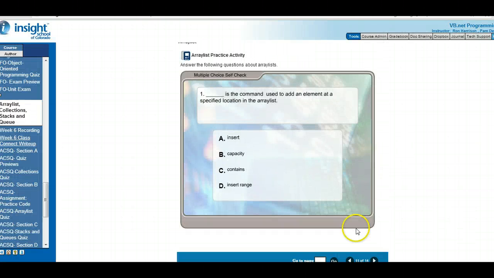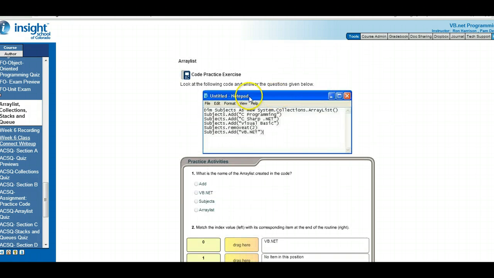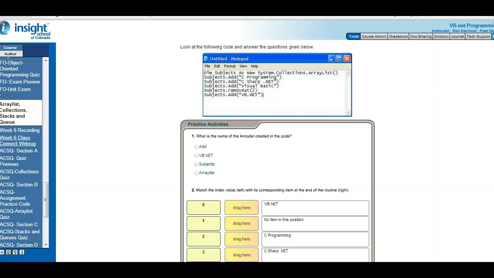Here's a little quiz for you, see how you can do on that. Some code practice activities. So look at the following code, answer the questions below down here. Let's go ahead and give it a try, see what you can answer. But you can see what they've done here is they've